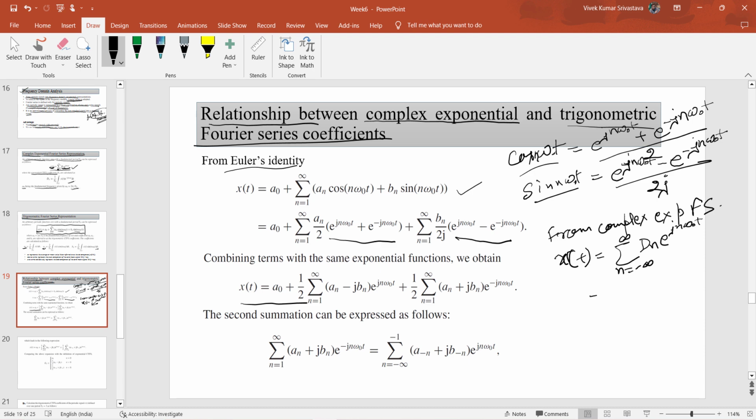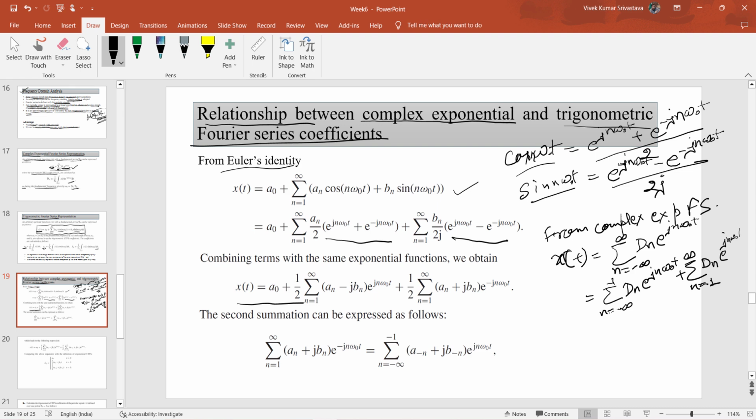Okay, so now we can split this summation as summation n is equal to minus infinity to minus 1 d of n e raised to the power j n omega naught t plus summation n is equal to 0 to infinity d n, or you can also split it as 1 to infinity d n e raised to the power j n omega naught